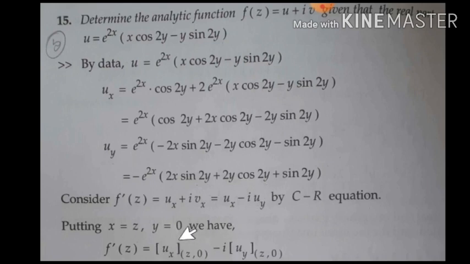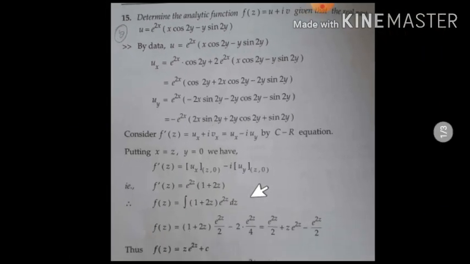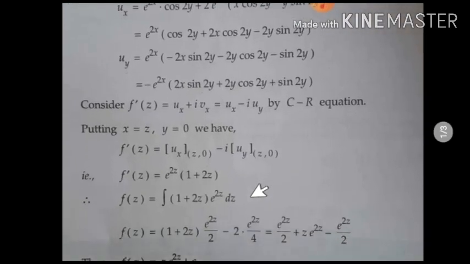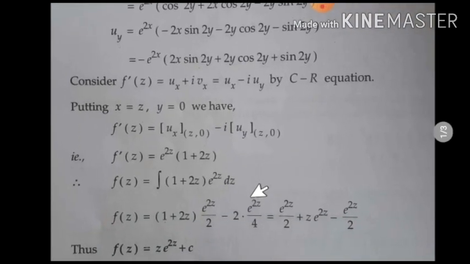Now the Milne-Thomson method says that put x equal to z and y equal to 0 in the function f dash of z. So in ux, x equal to z, y is 0, and in uy, x is equal to z and y is 0. In ux and uy, we need to do that substitution. So f dash of z, when I substitute it,